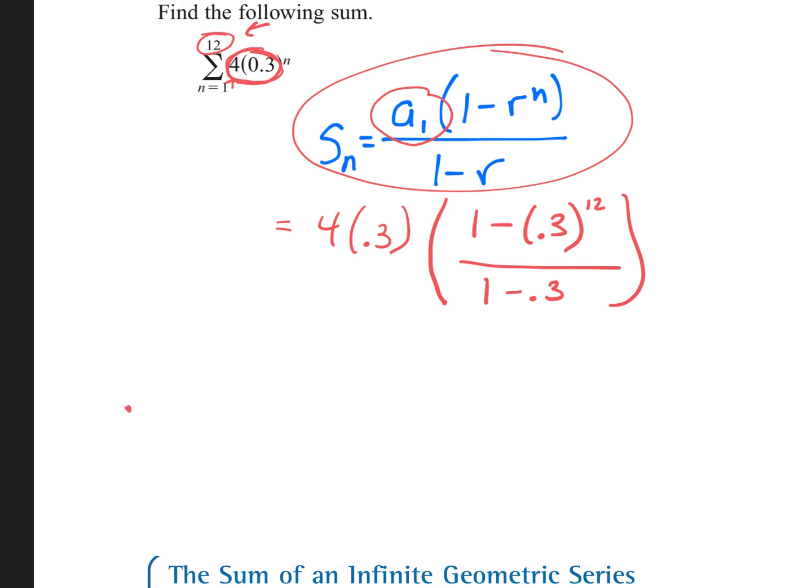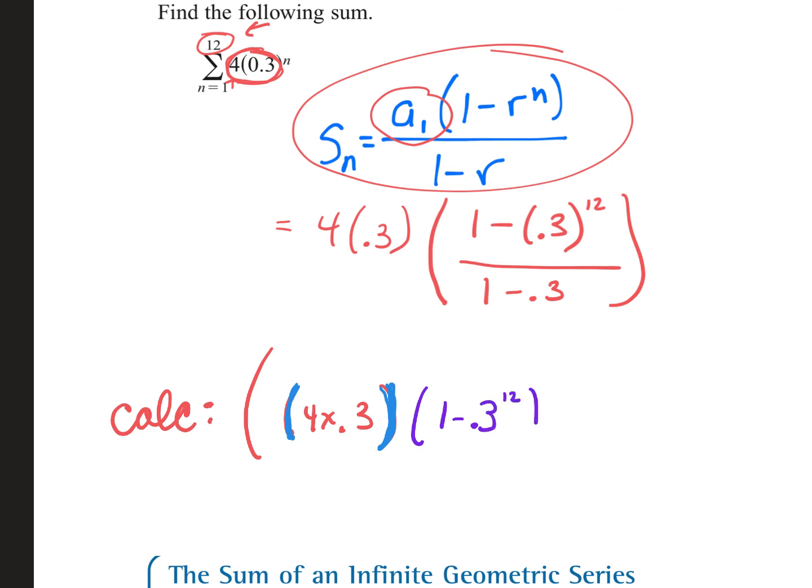The easiest way to do this, I'm going to write this out so you guys can see it. Parenthesis, then parenthesis, 4 times 0.3. Close your parenthesis. Let me use different colors. This is if you want to do it all at one time. You can simplify it if you want. Then I have another parenthesis, 1 minus 0.3 to the 12th power. Close that parenthesis. Close the big parenthesis. Then we're going to hit divided by